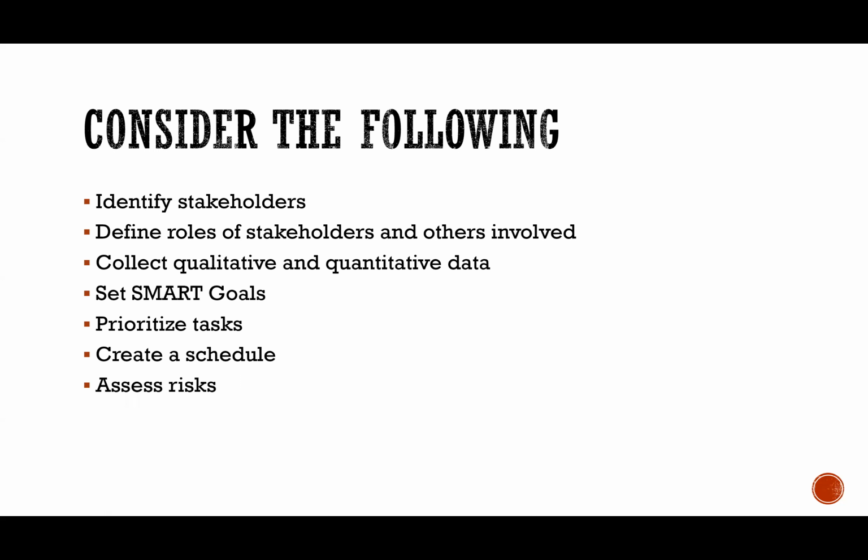Assess risks. As we all know, the school community consists of so many stakeholders. I have students, parents, admin, teachers, support staff, I have vendors, I have suppliers. So many people are involved. And if I have one weak body, this will have a negative impact on the whole school performance.